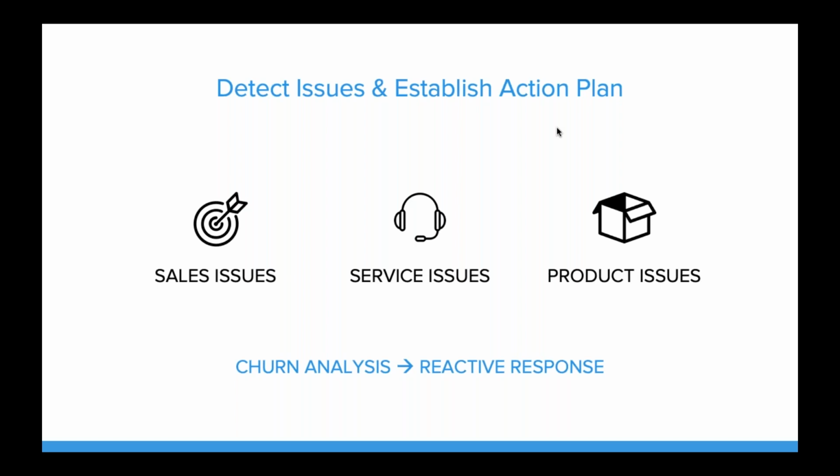Now, what we've talked about so far is analyzing churn, analyzing those customers that have already decided to leave, and then trying to understand what happened, what went wrong. You can get a lot of insight and drive a lot of action out of this. The only issue is that this is a reactive response, right? Those customers are already gone. And they've already gone to another provider, or they've already canceled, and you've already hurt that relationship. So in addition to, it's very important to still have this reactive response, but it's even more important to be proactive and prevent it in the first place.